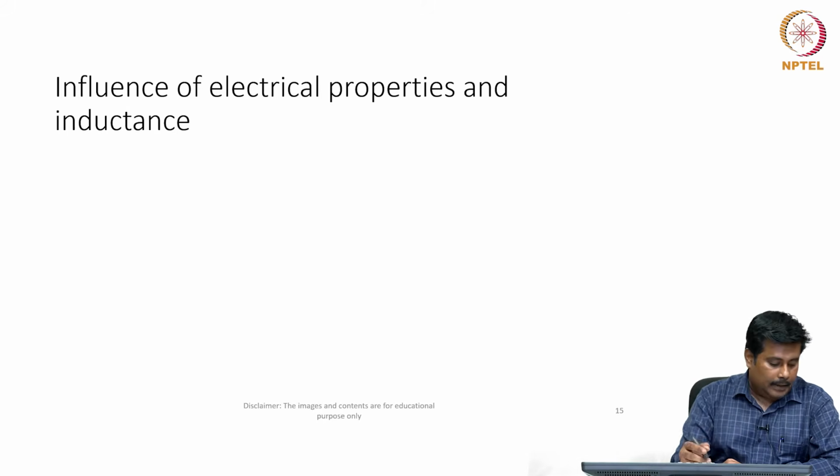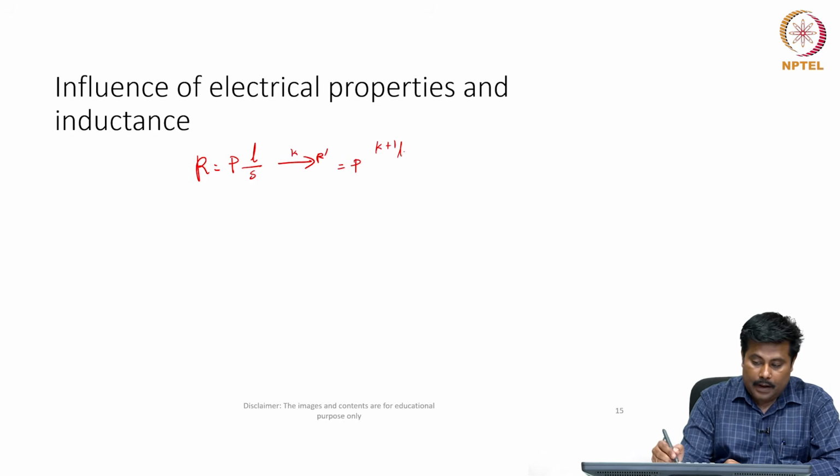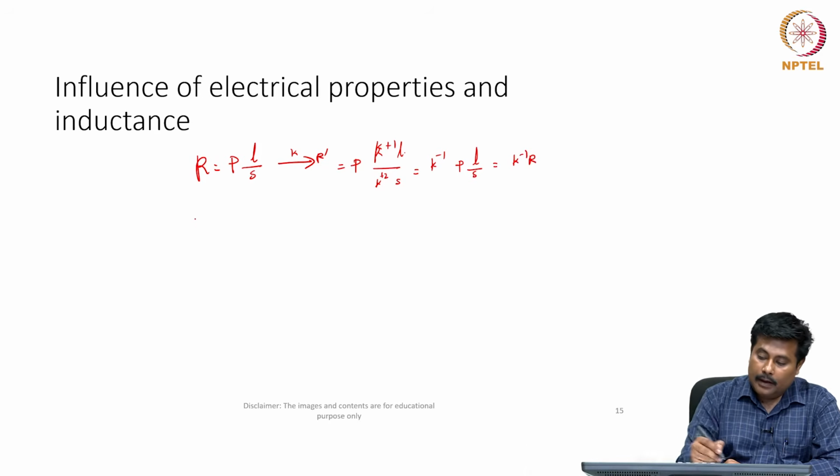To evaluate the electrical resistance, we can write R equals rho L by S, so R dash equals rho k L by k squared S, equals k power minus 1 rho L by S, equals k power minus 1 R,